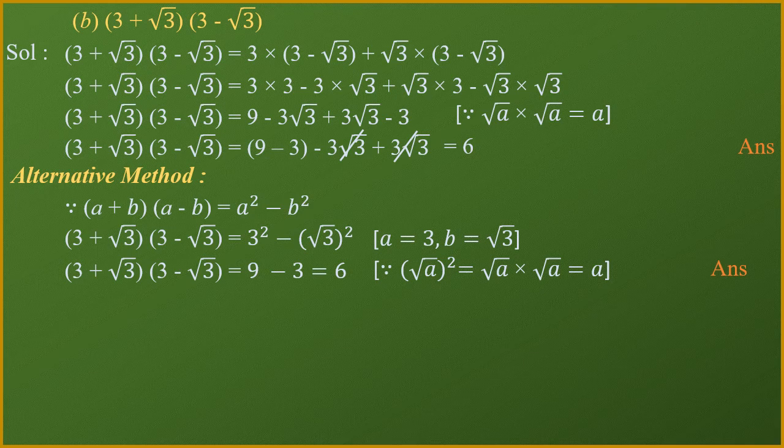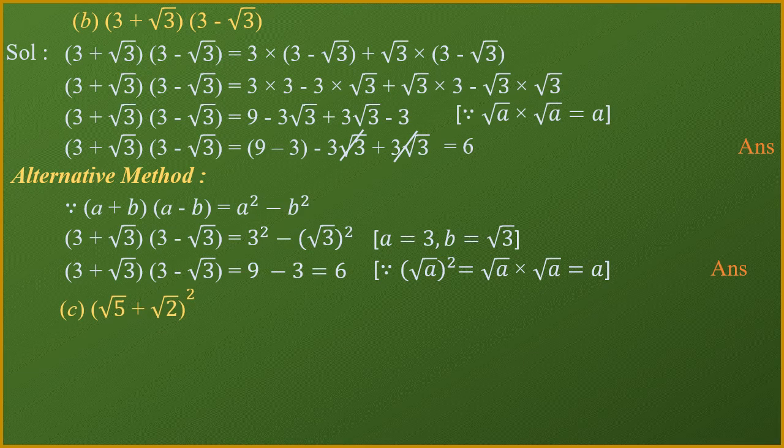This is a quite simpler method than what I did in the earlier one. But the earlier method is the method which you need not remember. You can just follow it. After one or two questions, you can easily follow the method. But in the second one, the alternative solution, you need to remember the formula. Whichever is convenient, you can adopt accordingly.